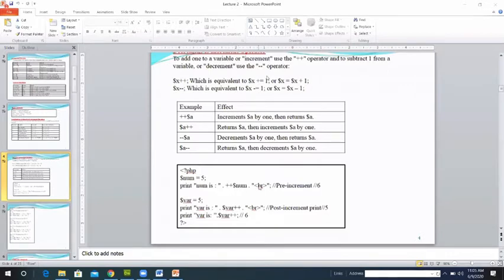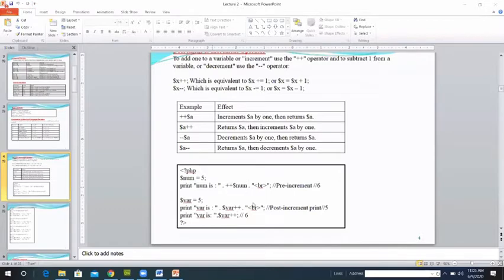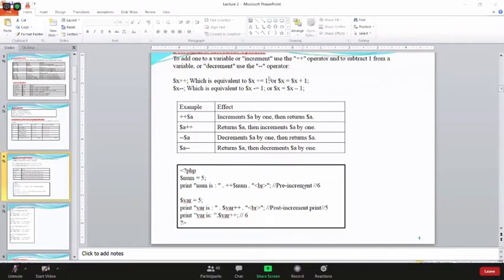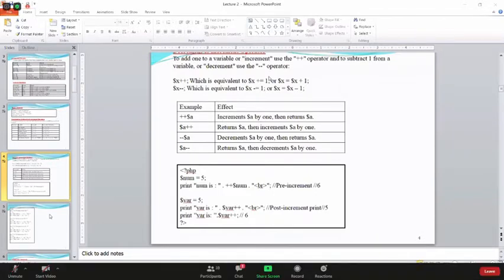Right, this one is completed. Now you have the idea of how to use the increment plus plus a, where the value is returned at the beginning and then incremented by 1. And with plus plus before the variable, you get the pre-increment output. What are the differences for the post-increment? Got the idea? Yes, madam.